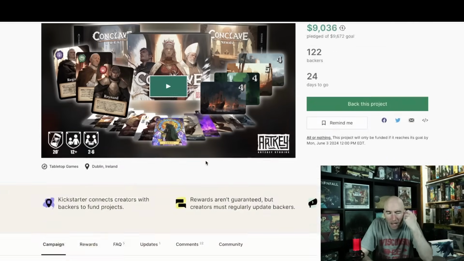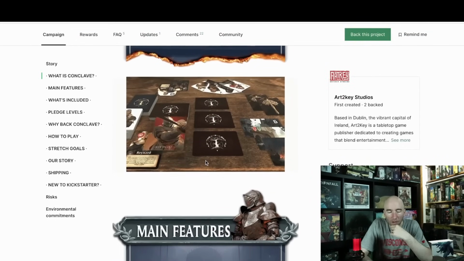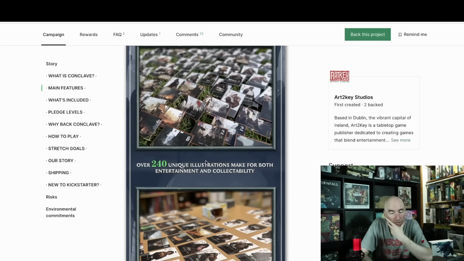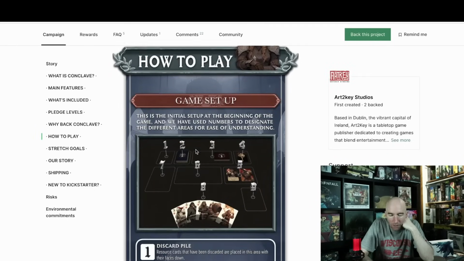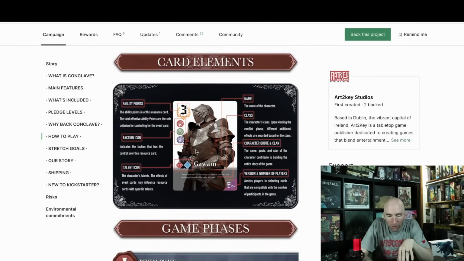Conclave, a strategy game. I'll be honest, I don't quite get the game flow as you're playing this. And what they say, essentially, is you're going to be going head-to-head, trying to get the most resources based on points, 250, 240 unique illustrations, and a medieval sort of theme. How you're playing, though, is a little bit different. You have the setup that you're going to be going through, and they run you through the area there. They run you through the ability points here. They run you through a lot of this, but it doesn't actually give you some of what the actions or